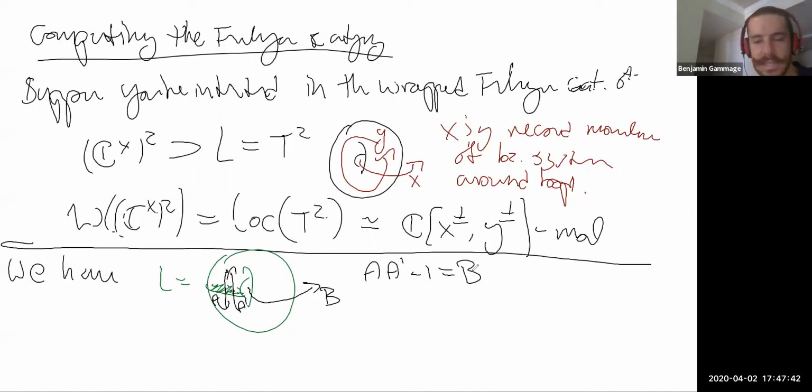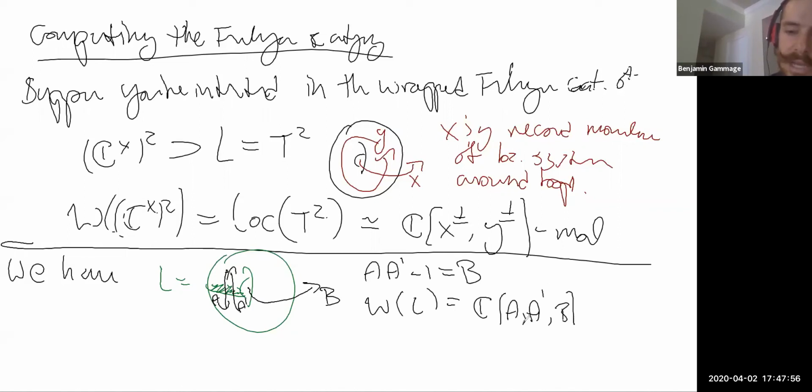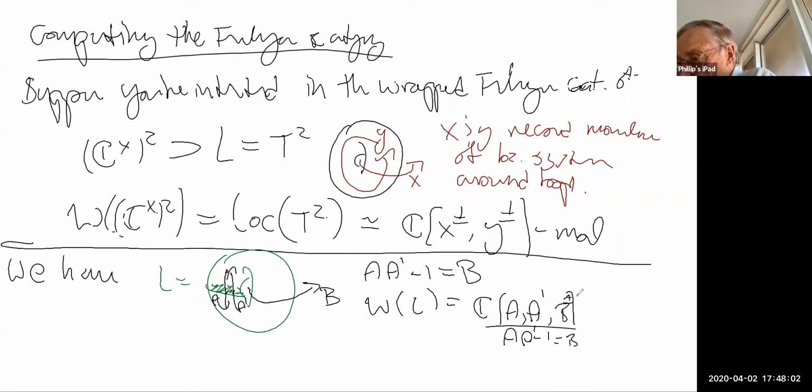So this exactly fits the description. In other words, the wrapped Fukaya category associated to the Lagrangian L is equal to modules over this ring A prime, B, where A prime minus 1 is equal to B, and B is invertible, B plus or minus. So those of you who are familiar with the theory of perverse sheaves, and some basic calculations there, may note that